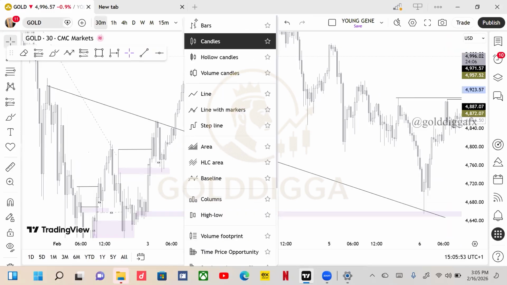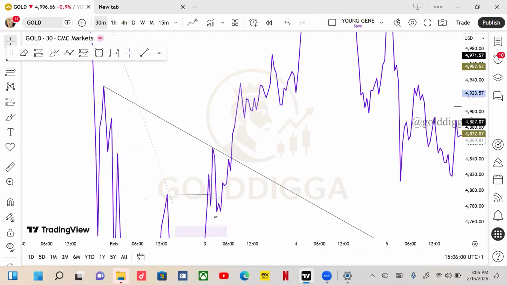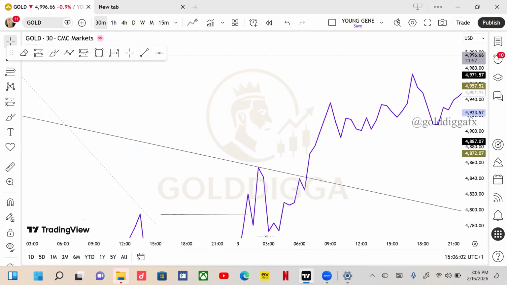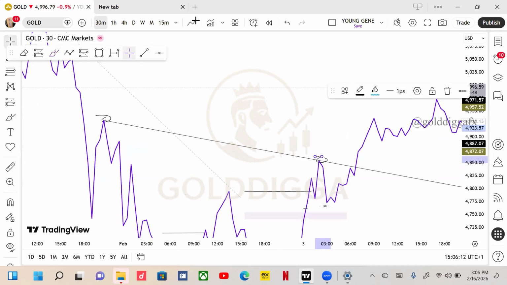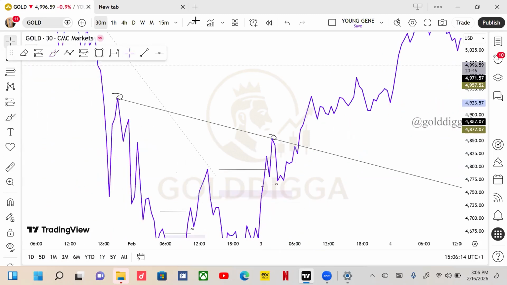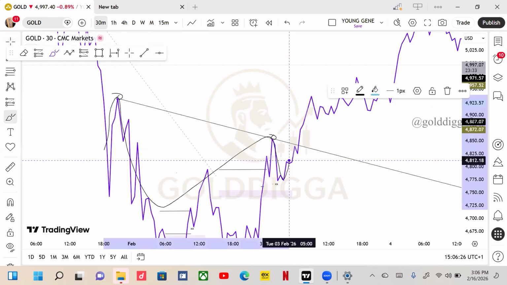Okay, so on the 30-minute time frame, as you can see here, we have our first point, marking from the body, the first point from here. First point, second point, right? So this is supposed to be a continuation trend line, and that's what a break and retest trend line is. So this was supposed to give us a continuation trend line, right? First point, second point, third touch was supposed to continue lower. But instead,